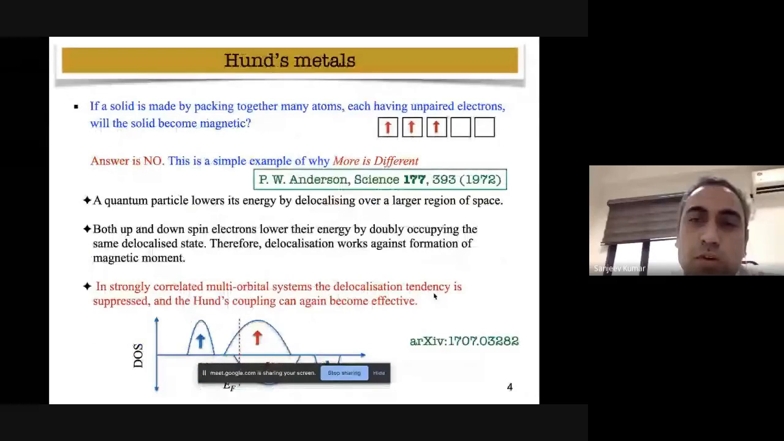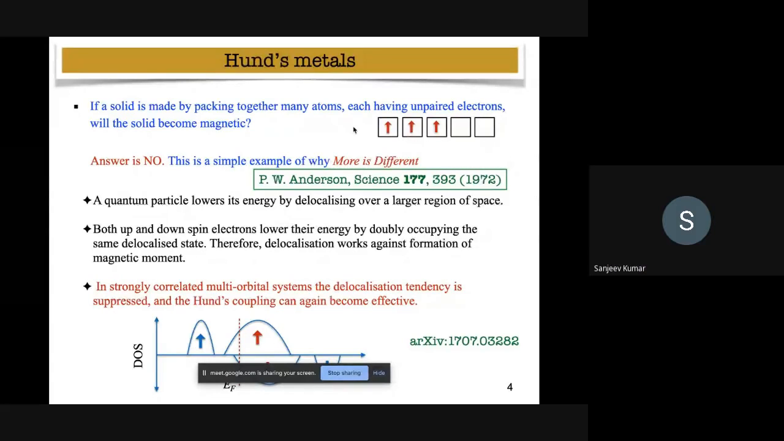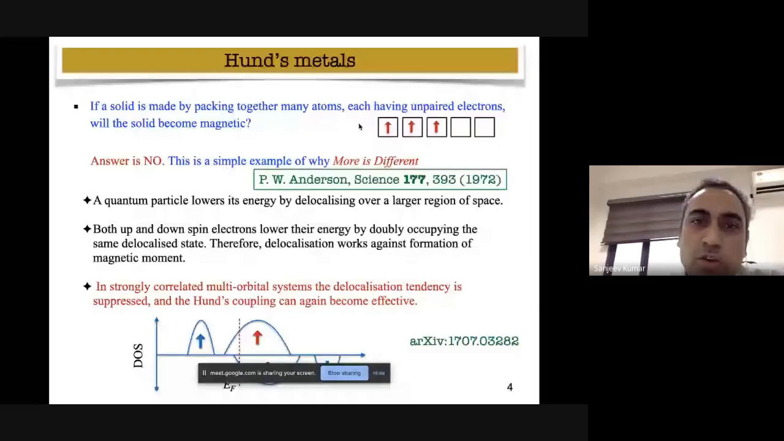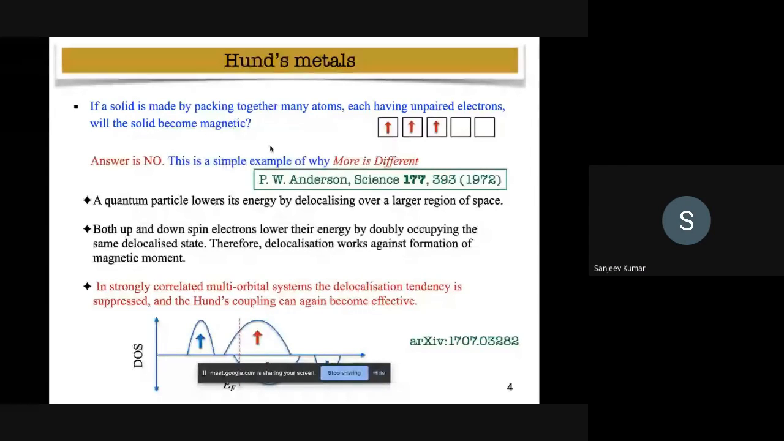Suppose I have an atom which has these three unpaired electrons, and according to Hund's rules, they would sit with their spins aligned, and I try to make a solid out of this. The first thing you notice is that such a solid need not be magnetic. The magnetic moment, which is nicely present in an isolated atom, need not survive when we make a solid out of these atoms. And in fact, you think about it, this is perhaps the simplest example of the famous